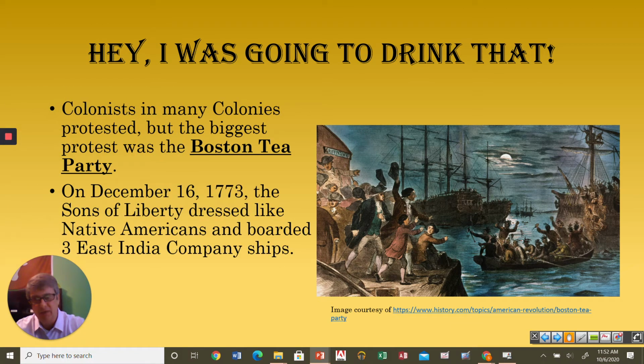And so on December 16, 1773, the Sons of Liberty dressed up like Native Americans and boarded 3 East India Company ships. All right, they waited till night. They put on these disguises, although, quite frankly, they really weren't all that worried about people knowing who did it. Everybody knew who did it. It wasn't that they were trying to trick anybody. But nonetheless, they put on these disguises, went on board these ships,